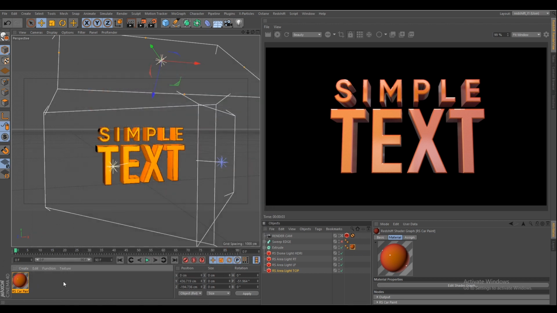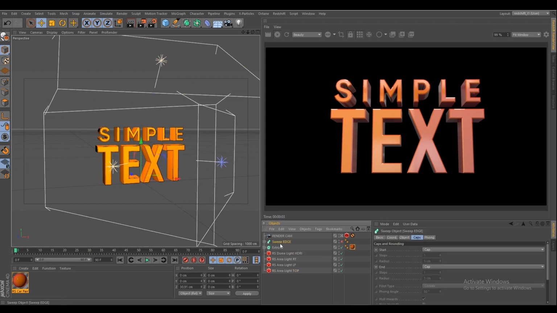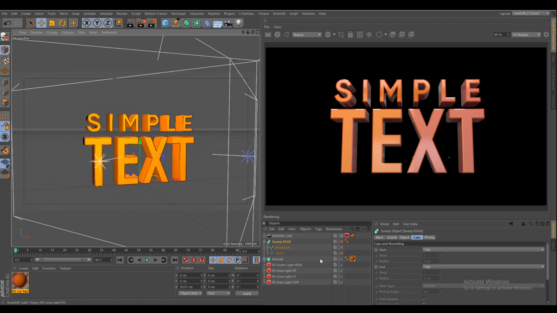As you can see, I have created another edge, which is just another layer.